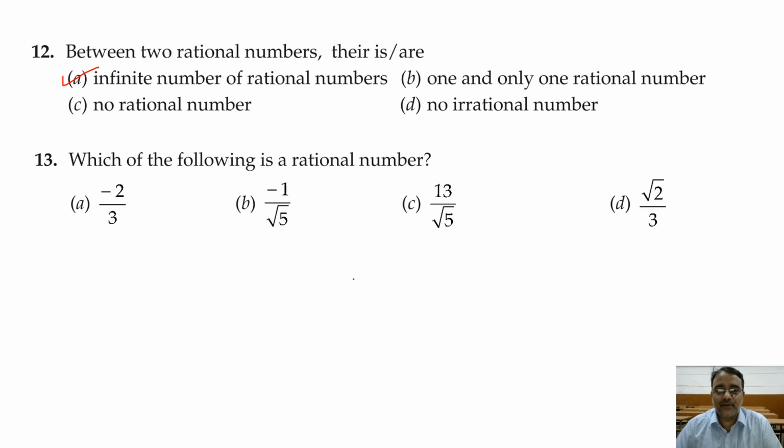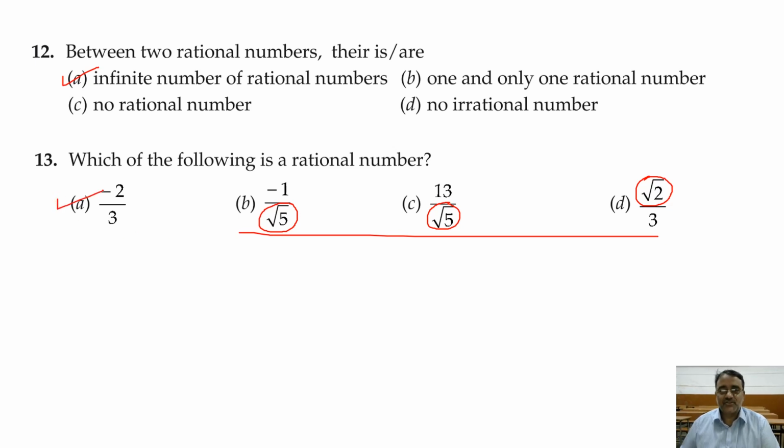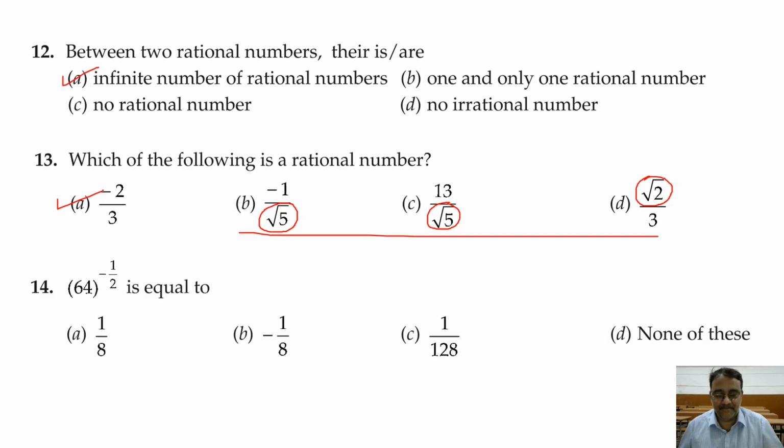Which of the following is a rational number? Option A, right. See, यहाँ पर एक irrational number आ गया. So we are dividing rational by irrational. Here also same. We are dividing rational number by irrational. Here we are dividing irrational number by rational number. So in all the three cases we are getting irrational number. So only the correct option is A. Right. So now we are moving toward question number 14.